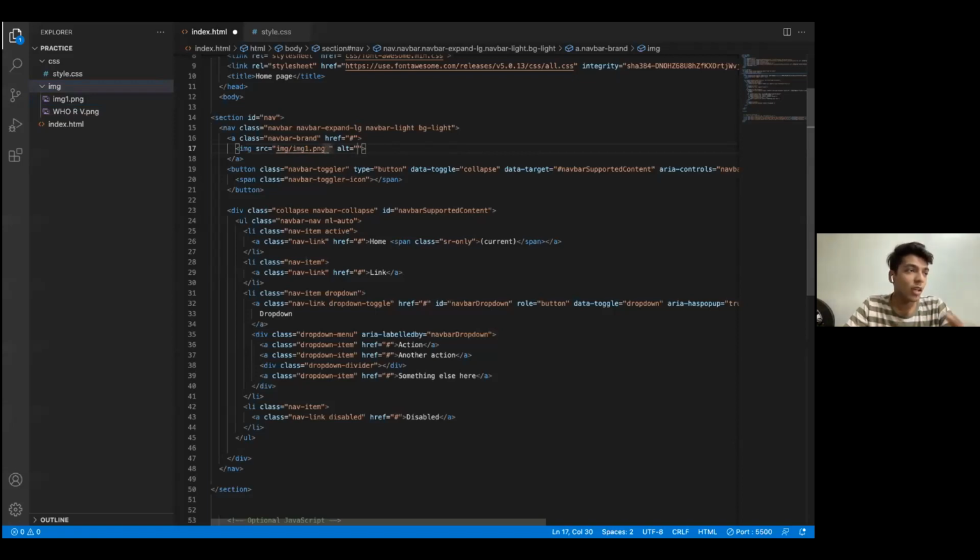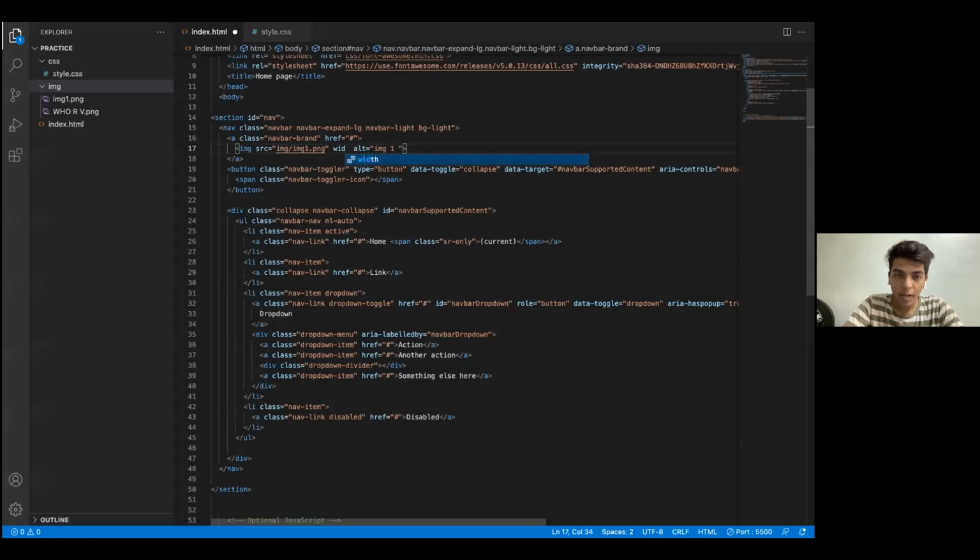Now I'll give the image a particular width and a particular height. So now I'll go outside that part. Alt is something that is used if my image is not loaded due to some circumstances on my website. Many times the scripts that you have written, the paths that you have given, or the links that you have provided may have some error, so that the image won't be shown. That's why you write alt, so that if the image is not being shown, an alternative name for that image can be shown. So I'll write image1 here. Right now my image is completely compatible, so I won't be getting an error.